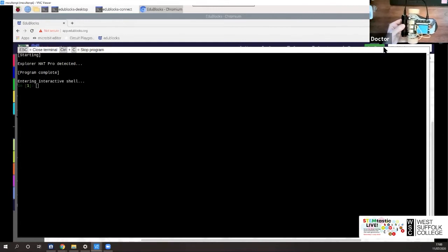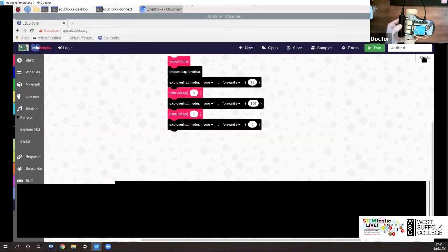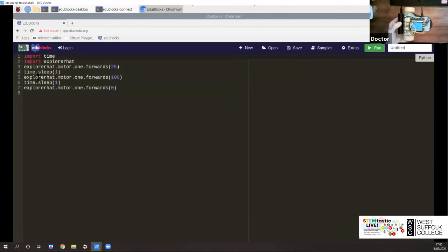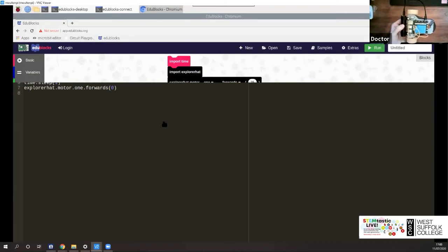Now the really nice thing about Edublox is that we're in blocks mode, but I can click on here and see the Python code, and I can start to understand how to program this hardware in Python, and that full power of the Python language is something which I can then start to expand and learn. So you can start in blocks and then move on to Python, and it's a really nice way to kind of learn the language and the capabilities. If I switch back to blocks,